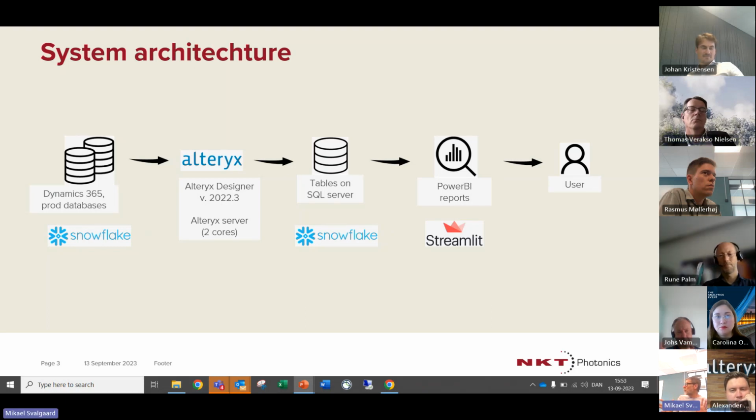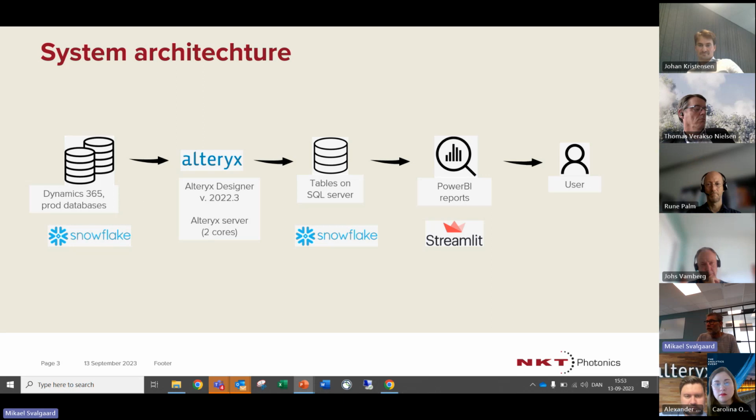Because initially I was saying, look, let's just beef up the machine that we have in Frankfurt. That's just one email away, then we beef it up. And then people told me, no, that's not how it works. You've got to contact Alteryx and they will beef up their server. Wasn't that the server we had in Germany? No, it wasn't. So it's a little bit complicated.